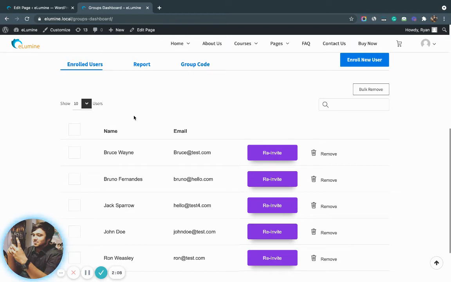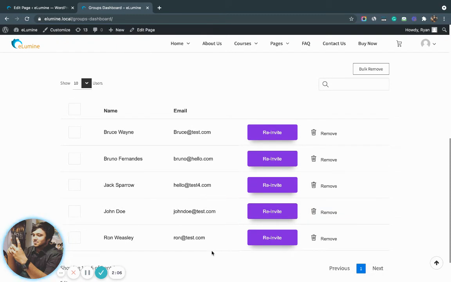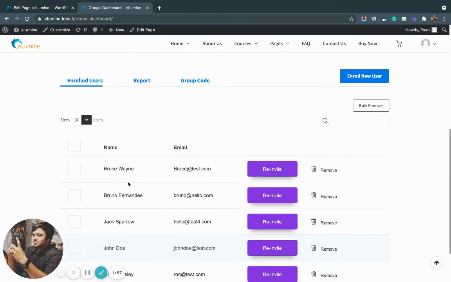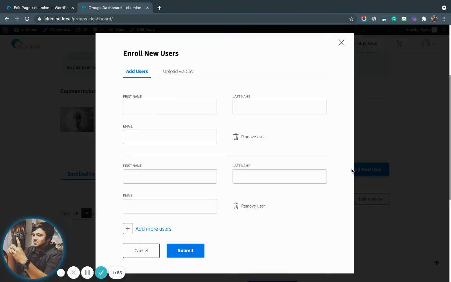The enrolled users tab shows me a list of all the people who have been enrolled inside this group, and basically shows me basic details about their email ID and their name. And I can enroll a new user from here in order to add him or her to the enrolled users tab. So let's do that real quick.